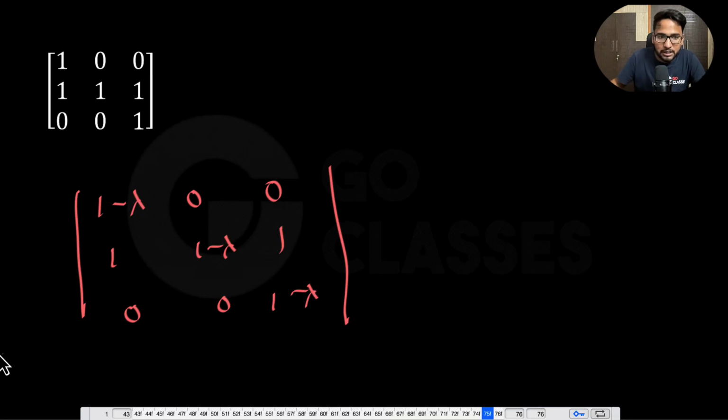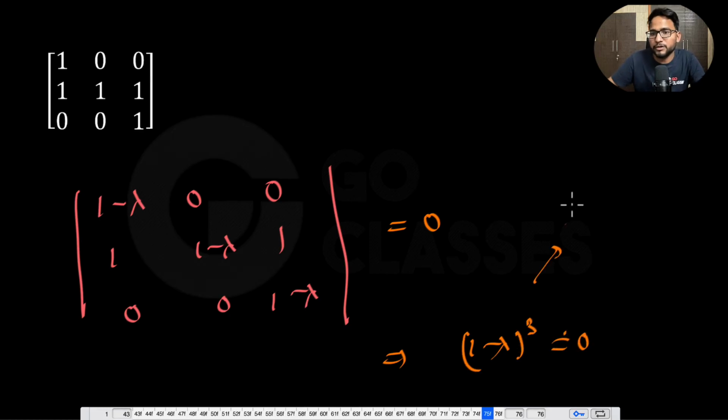Now let's just do one thing. Let's just solve this equation. So I think I can expand with respect to this. It will be 1 minus lambda into 1 minus lambda. I think this will be just 0. So I think it is again (1 minus lambda) cubed, right? It is again (1 minus lambda) cubed, which means lambda is again repeating 3 times, which means lambda equal to